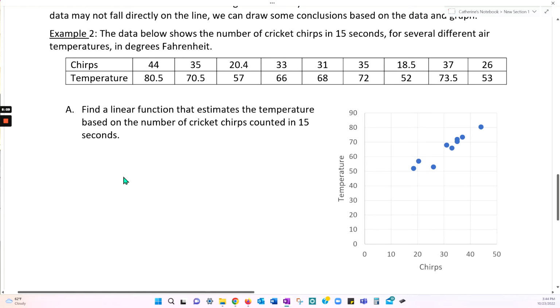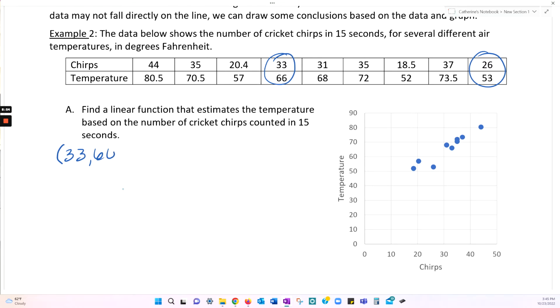Maybe pick the ones that seem to have nicer looking coordinates. But because we could pick, depending on who you are, you might pick the first one and the last one, or maybe this one and this one. That's what I'm going to pick. I don't know why, I just am. But you could get a slightly different final answer. So we should all end up with our slopes being very close to each other, and our b values being pretty close to each other, but still they could be different. Okay, so I'm going to go with